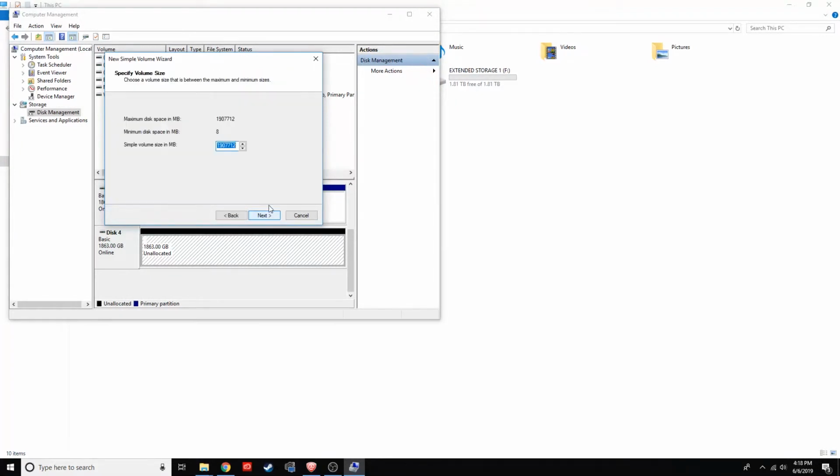Click Next. Don't mess with this. This is just how much space is on your drive. Click Next again, and from here you can assign whatever drive letter you want. In my case, I'm just going to do E because that's what it chose. Click Next,